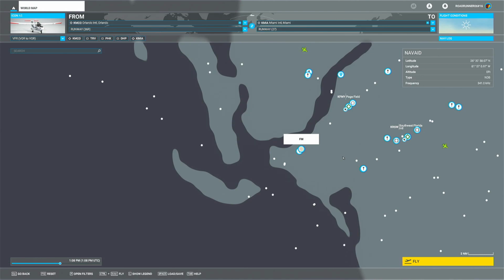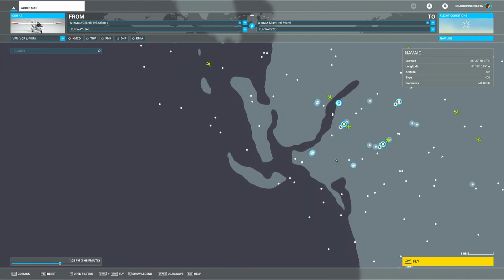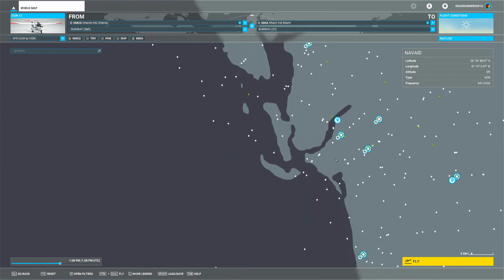VOR with DME still provides more consistent, accurate location-based navigation versus satellite, which can get some disturbance from clouds or weather. Most modern glass cockpit aircraft in FS2020 have built-in GNSS capability for area navigation, which we call